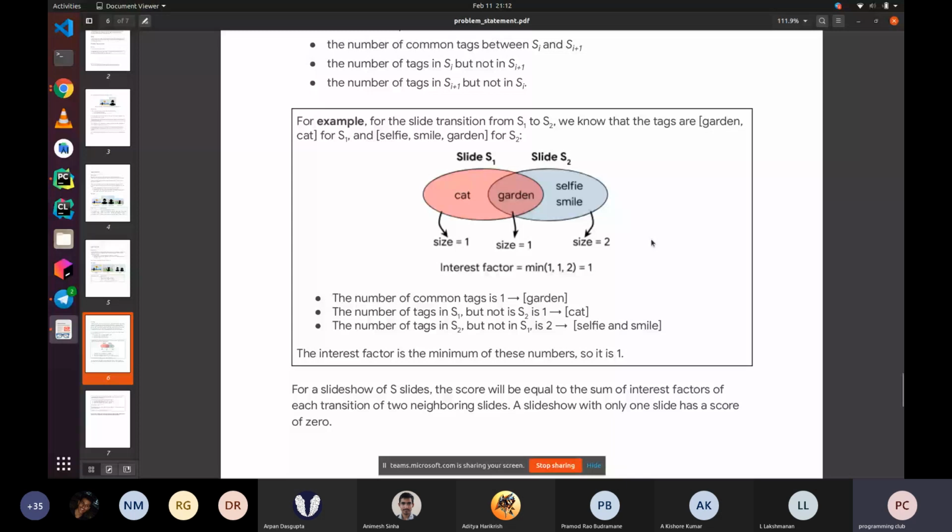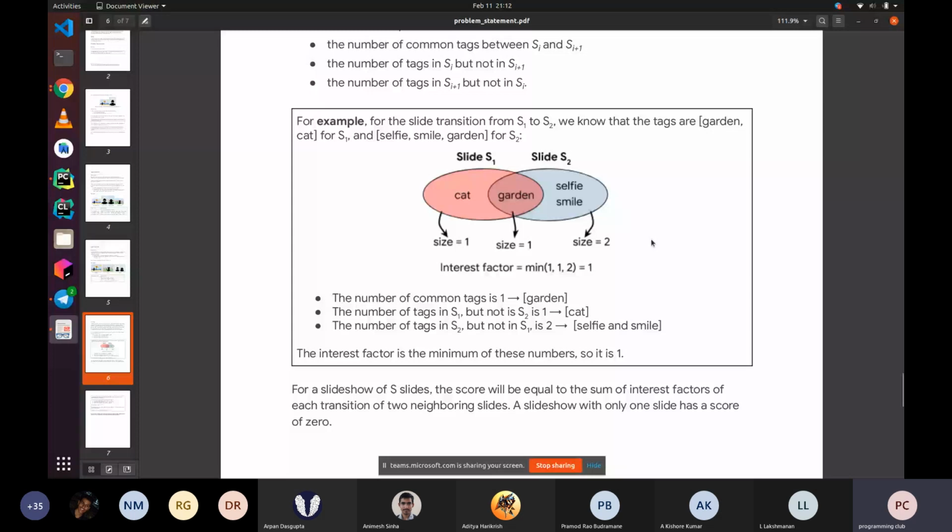Now add these scores up for all consecutive slides, and you get the interest factor of this slideshow. Obviously, if you have a slideshow, you only care about the overlap of 2 consecutive slides and nothing else. It's also written at the bottom that the score is the sum of the transitions. So I hope the objective is clear now, what the problem is and what we are trying to improve our score on. The key point in Hash Code is the score. Can you beat 100,000, 1 million? That's the target. This is the number that we'll be trying to improve over our coding.